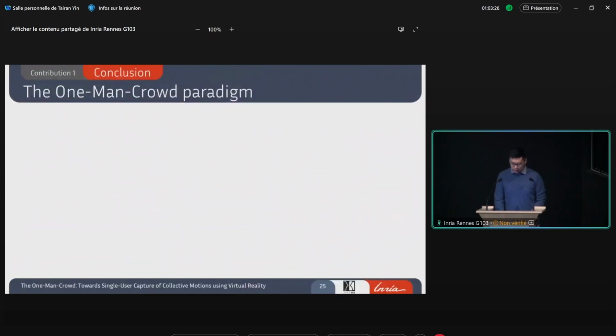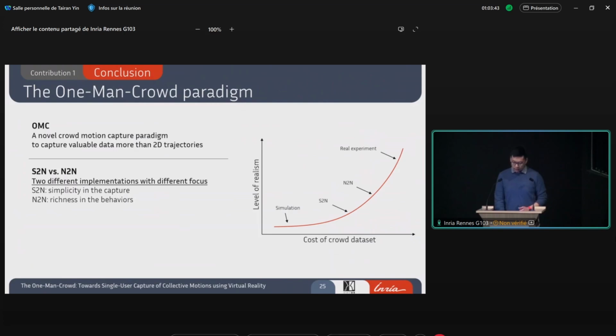First, our replication of the three real-world experiments is successful and has obtained results that are qualitatively similar to the real-world situation, despite some quantitative differences. And second, our result confirms that the S2N procedure may lead to specific crowd patterns and specific pedestrian dynamic features that are unique to the user, whereas the end-to-end procedure mitigates such bias.